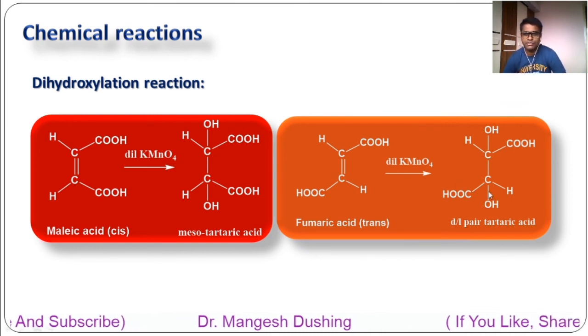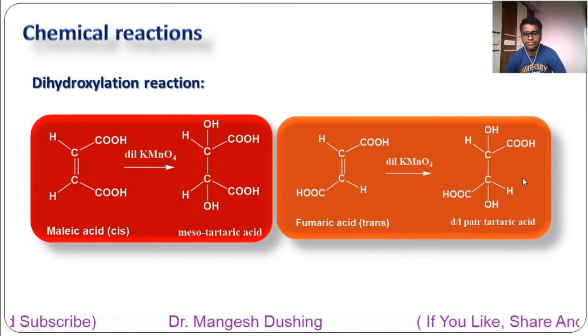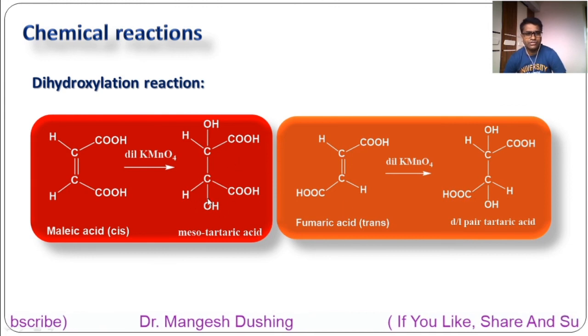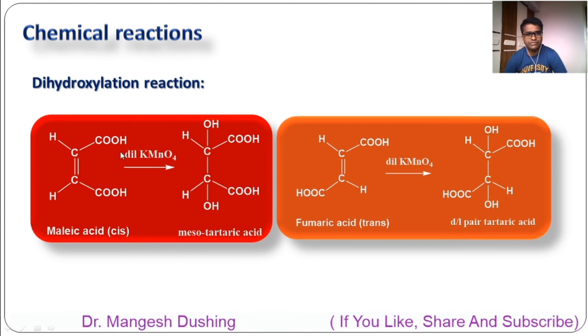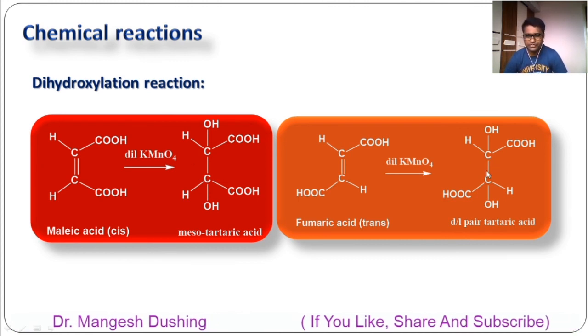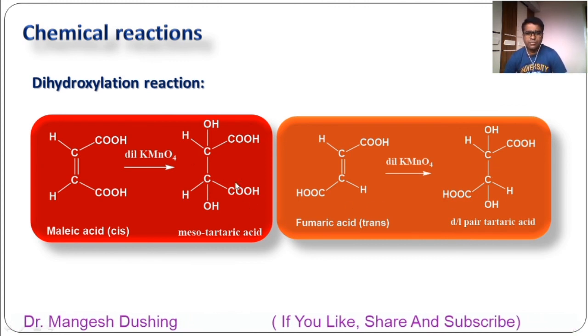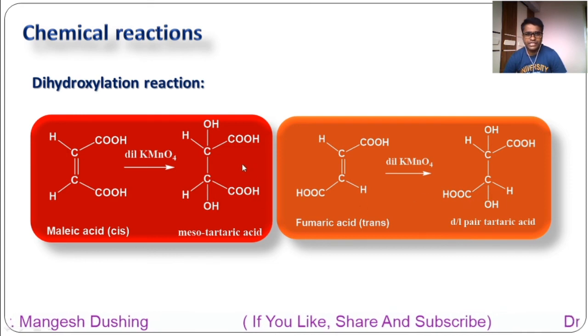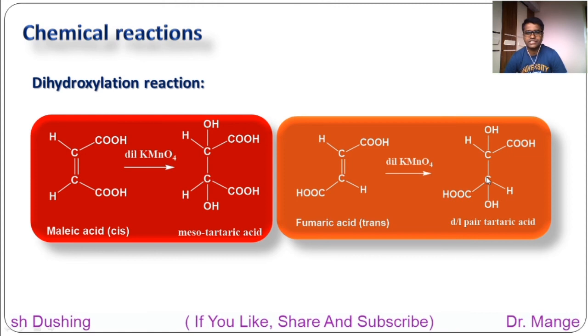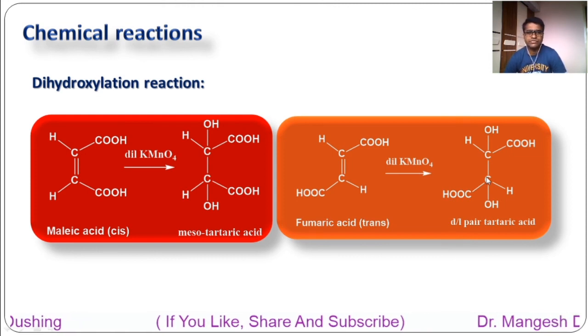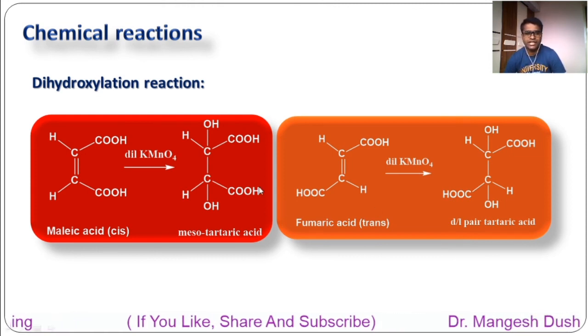This is a racemic mixture of two enantiomers, optically inactive, while this is only one compound, a meso compound. Meso compounds are optically inactive. So in both cases you will get an optically inactive product, but in this case only one product. In this case two products are there and both are enantiomers of each other. So a racemic mixture here and here only